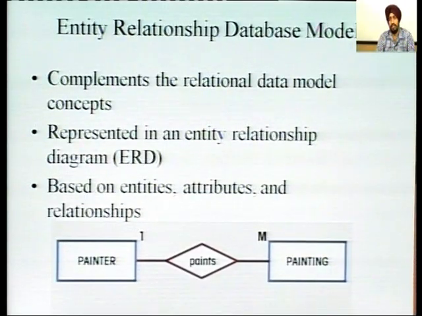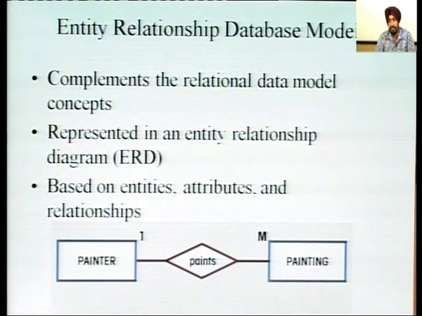Entity relationship database model. This complements the relational database data model concept, represented in an entity relationship diagram, the ER diagram, based on entity, attribute and their relationship. This is the model that defines the relationship between two entities. An entity is a simple name of a thing or a person or a place. This model defines the relationship between the two entities, like